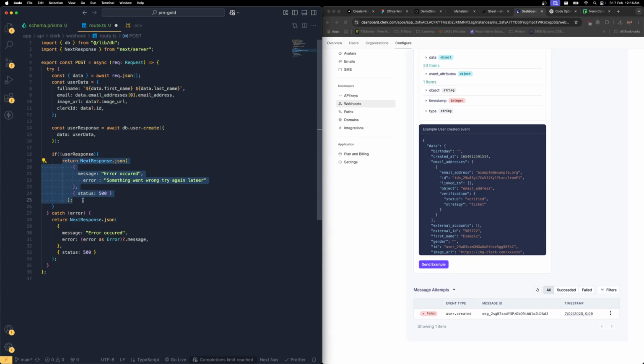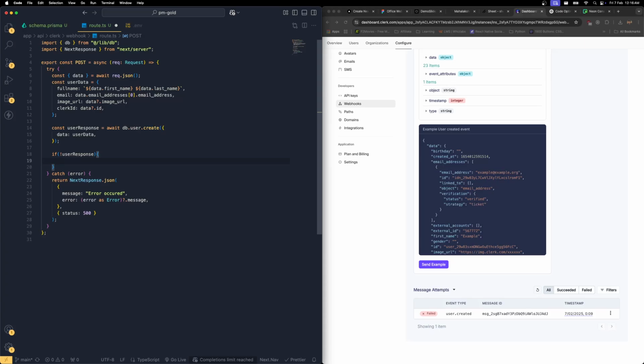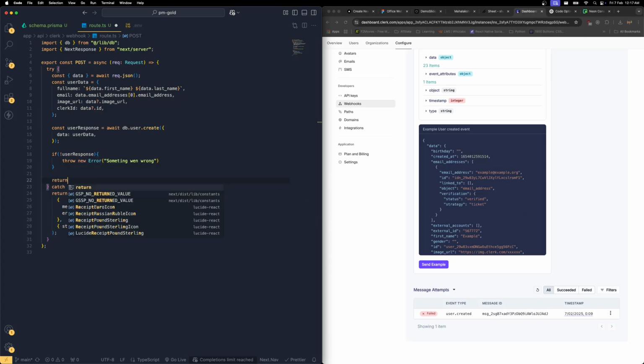Otherwise, we can simply raise a new error, just like this, throw new Error, something went wrong. That is going to raise that error, which is going to be passed over here, right? Otherwise, I'm just going to return